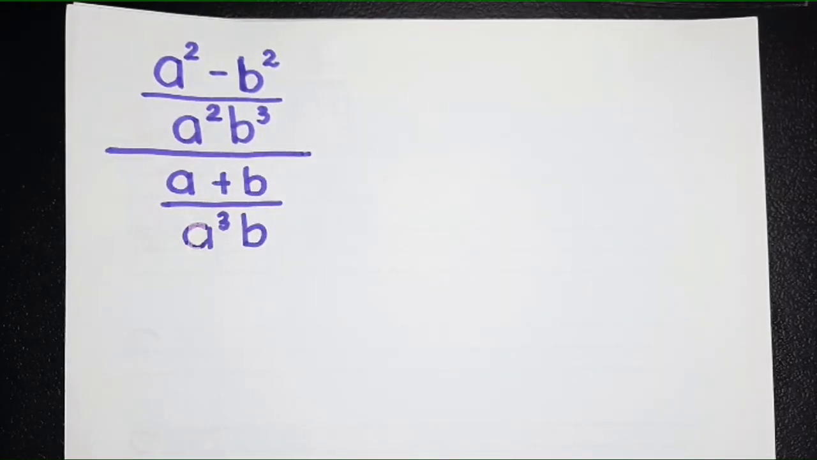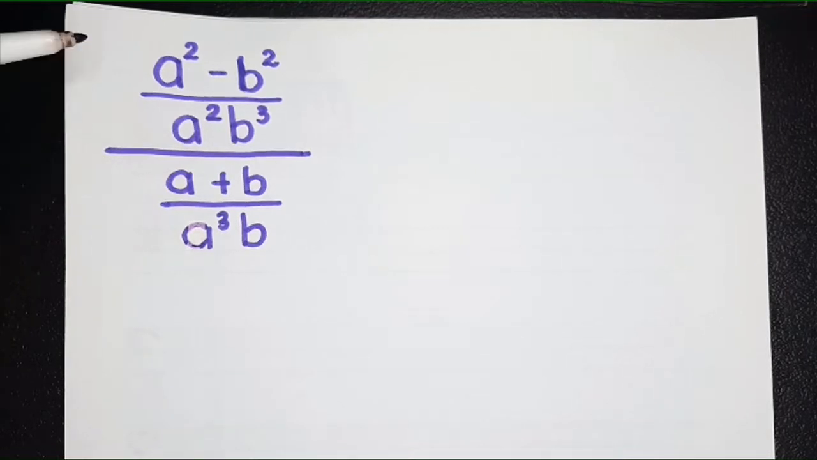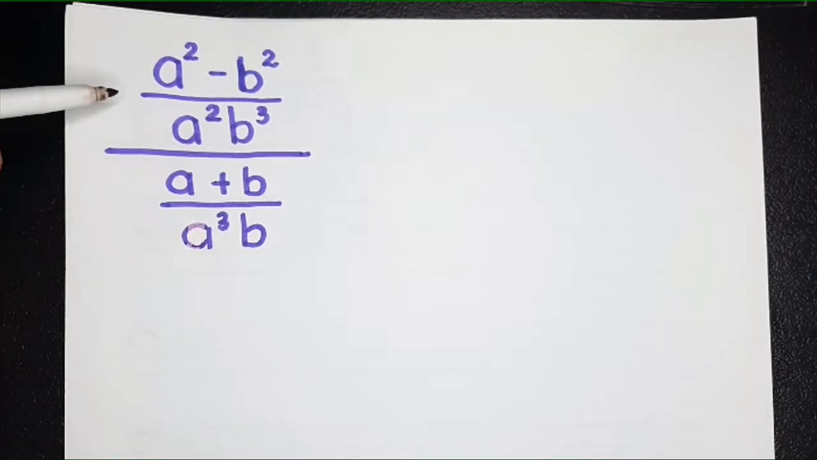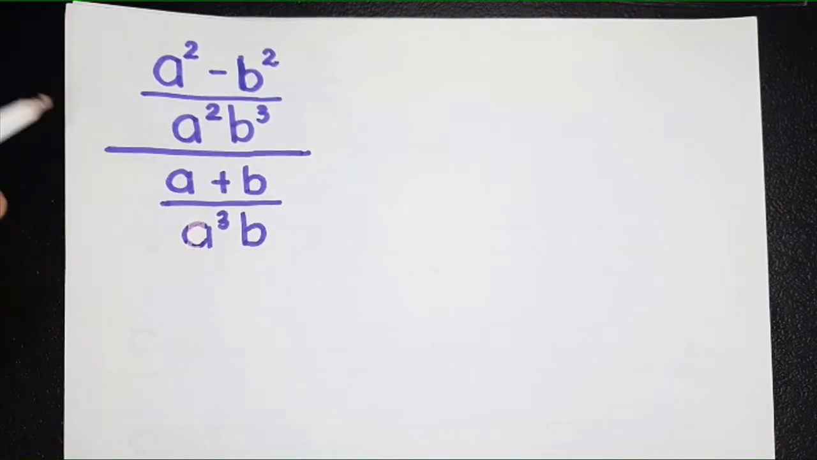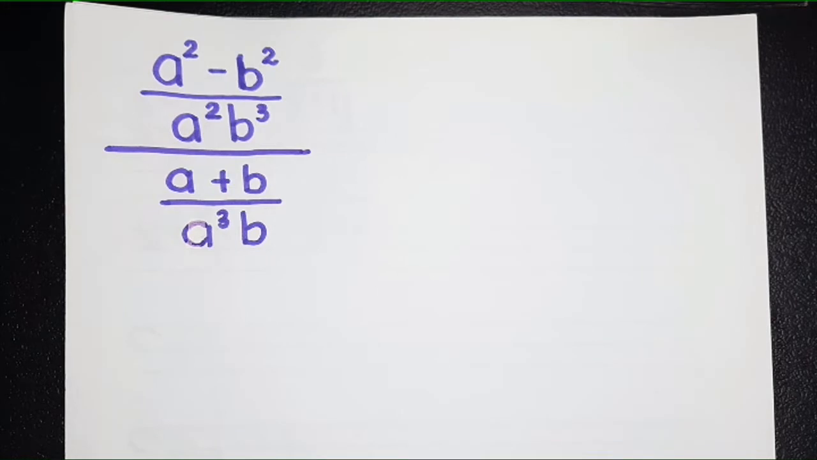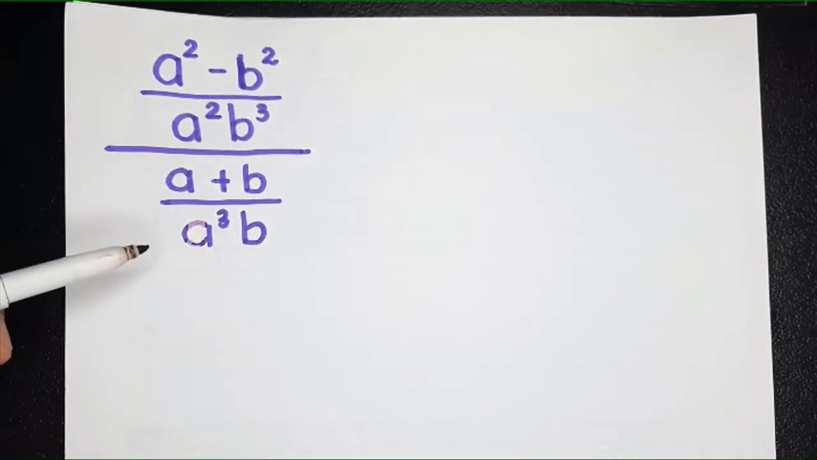Okay, so this is our first example. Why do you think this one is a complex fraction? Because you have a fraction in the numerator and another fraction in the denominator, right? But this one is easy. Why? Because you only have one fraction in the numerator and one fraction in the denominator. So this must be easy because